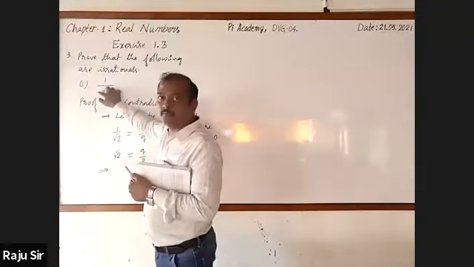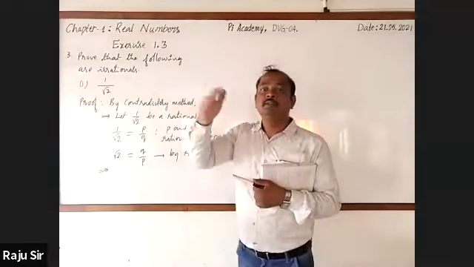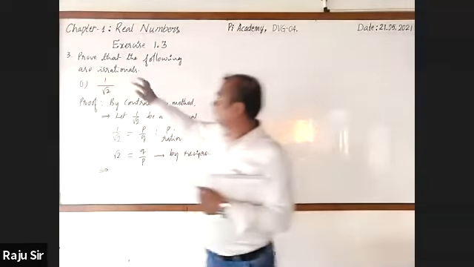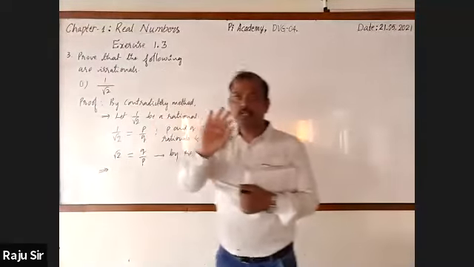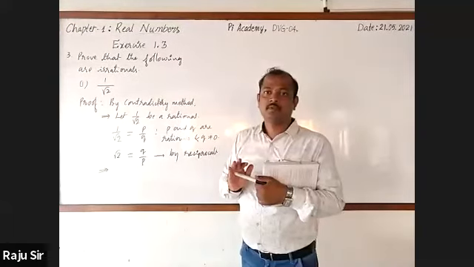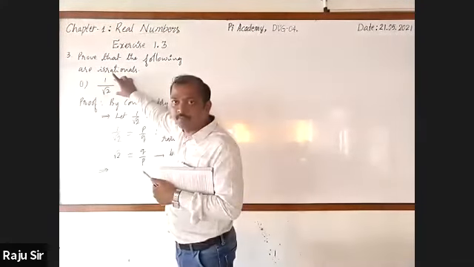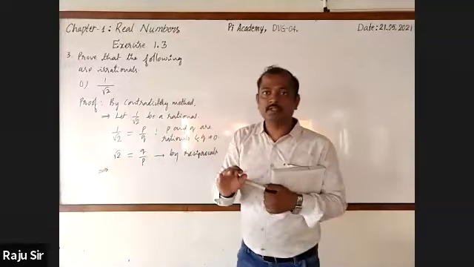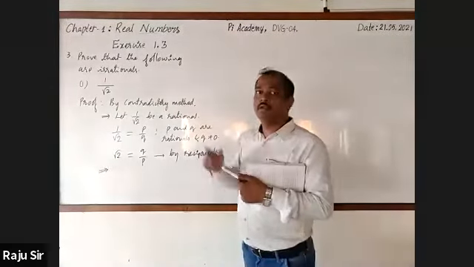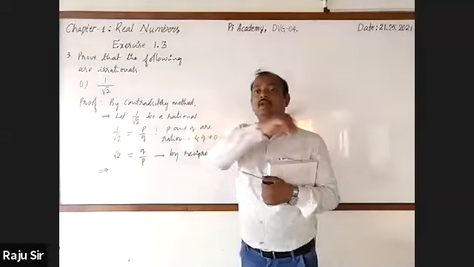Sir, one is the coefficient, no, sir? The coefficient of root 2 is 1. But this is in reciprocal form already. Here, 1 by root 2. Only root 2 is there. It is already in P by Q form. So if only root 2 is there, then you can go for following that, that is P and Q as co-primes.